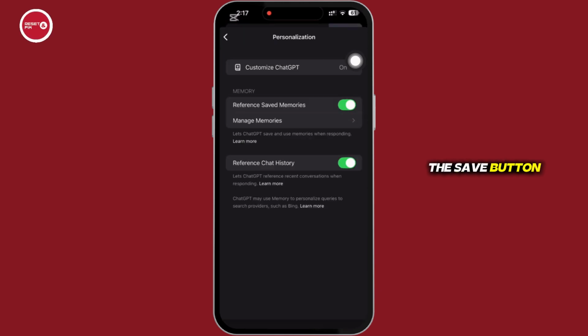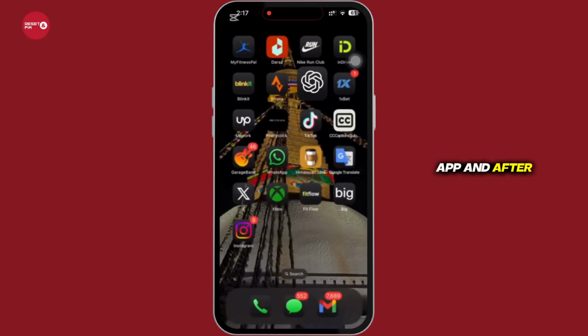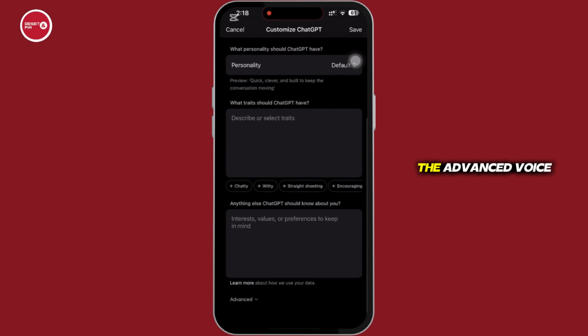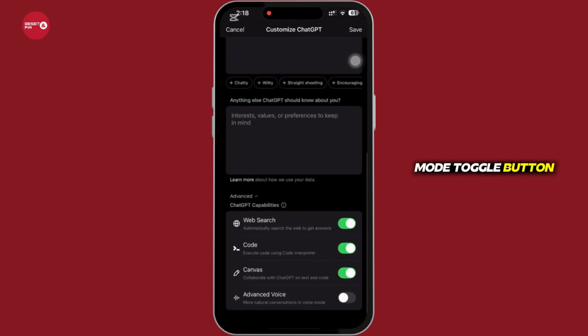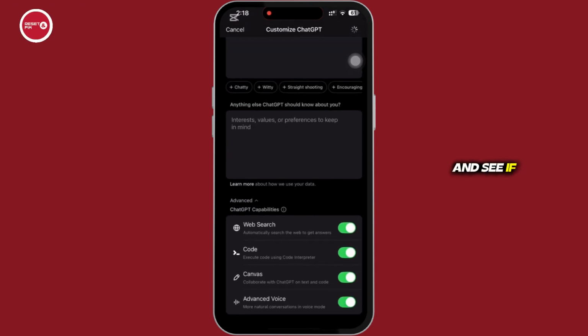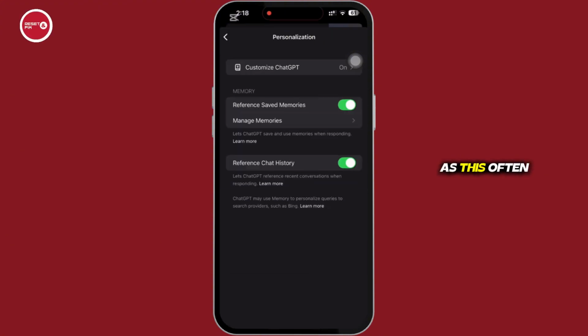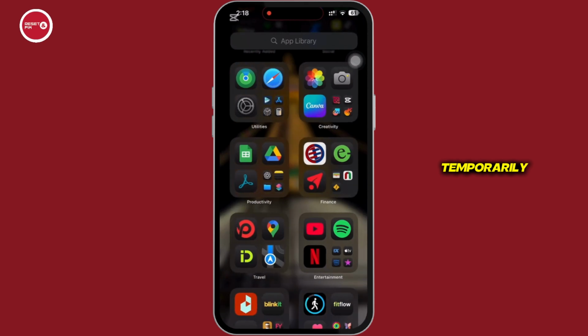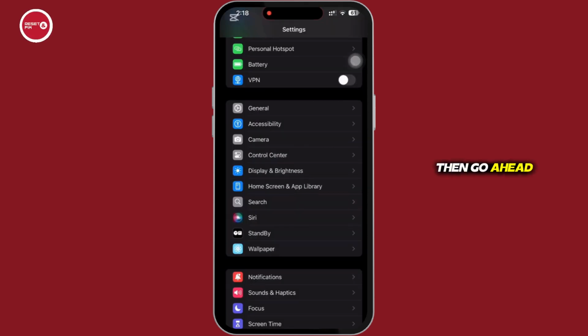the save button. Now, go ahead and restart your app, and after restarting your app, go ahead and again toggle on the advanced voice mode toggle button and see if your issue is fixed or not, as this often restores voice functionality temporarily. If not, then go ahead and launch the settings application on your device and tap on general